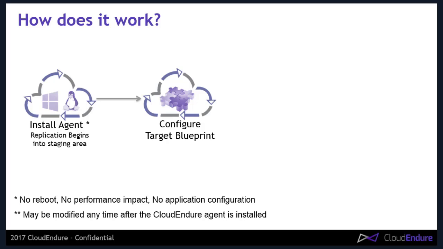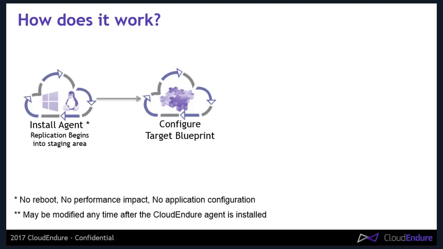And during that replication time into that lightweight, low-cost staging area, CloudEndure allows you to configure the target blueprint, which in other words means where and how each server needs to be launched whenever the time comes to actually use it. So again, when we replicate the data, everything is replicated into this lightweight, non-functional staging area. You can't use that staging area for anything. The workloads are not running there, and therefore you're not paying for them. You're not paying for your third-party software application licenses, your OS licenses. There's none of that because we only replicate storage in real time, but replicate storage using low-cost storage, block storage